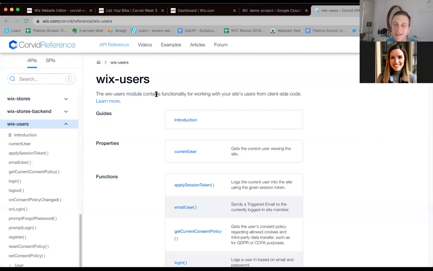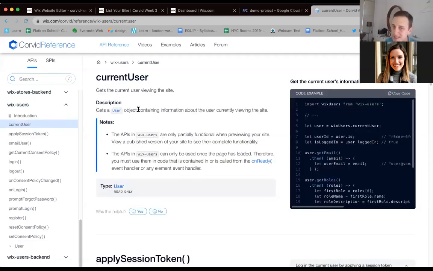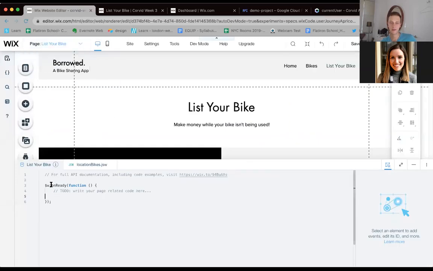And if we take a look, it contains the functionality for working with your site's users from client-side code. And that's a property called current user with the current user visiting the site. Click on that link, get some stellar documentation as usual. We have to import Wix users, and then we should be able to say, hey, let's take a look at the user. So I'm going to do that. So I'm going to copy my import Wix users into my list your bike. So right there, I'm going to bring this into,